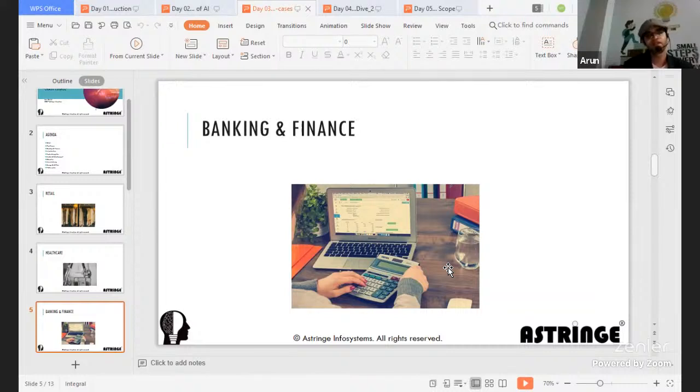So it's a balanced thing, and it is how we take AI forward. If we are taking AI responsibly and ethically, then it's well and good. But if we are not, probably then it could lead to catastrophe as well. That is about banking and finance, and I'm pretty sure banking and finance is one area which we have not yet fully explored, and it's an ongoing process.